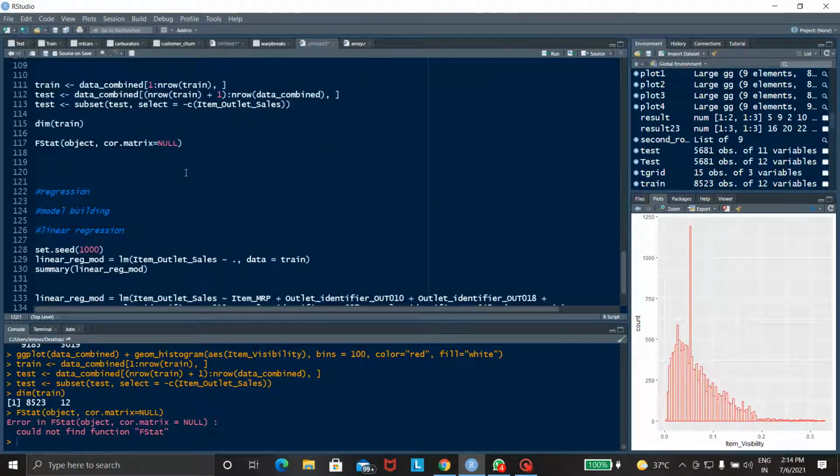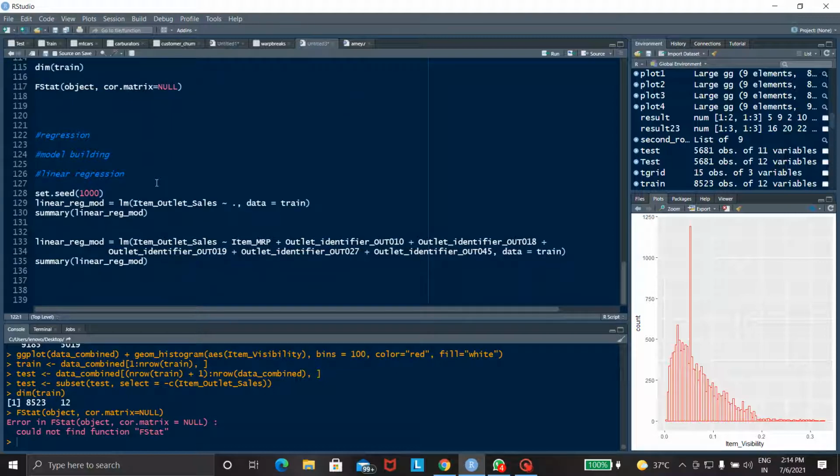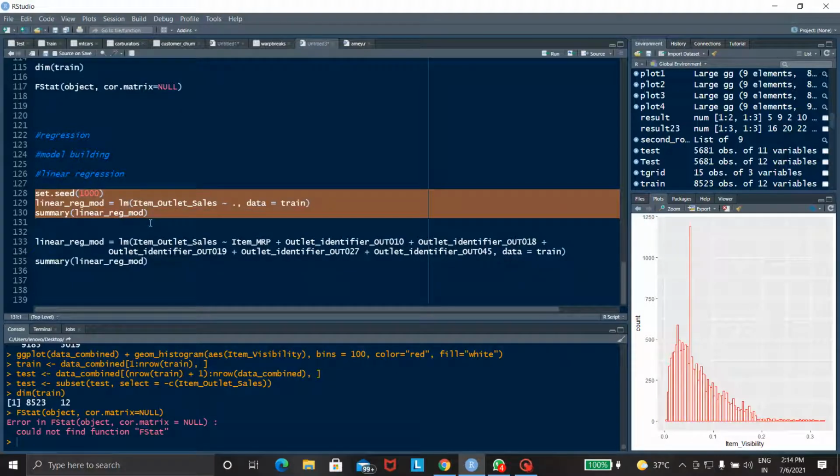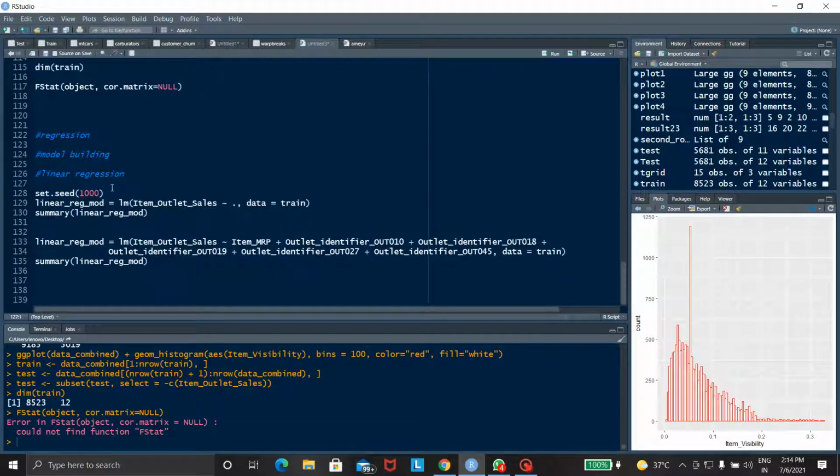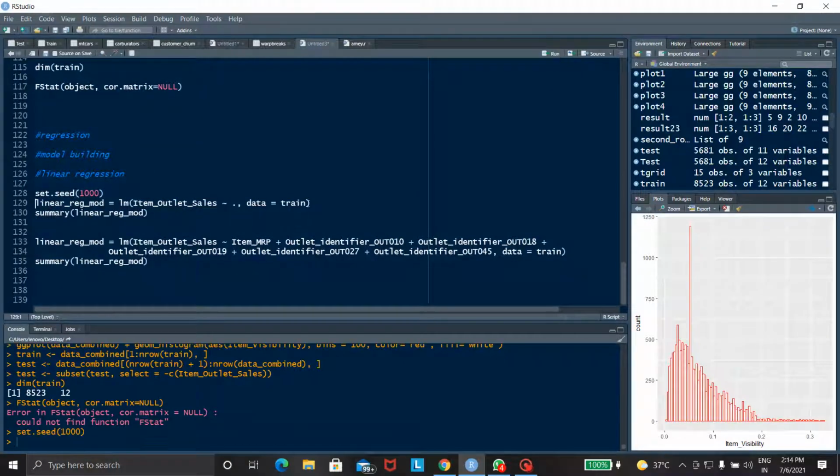Then last is regression. In this regression, first we have model building, then linear regression. Here is the program to find out linear regression. First run this single line of code.